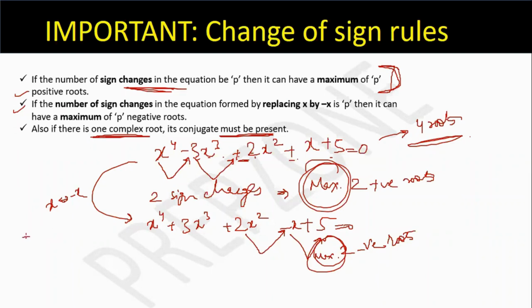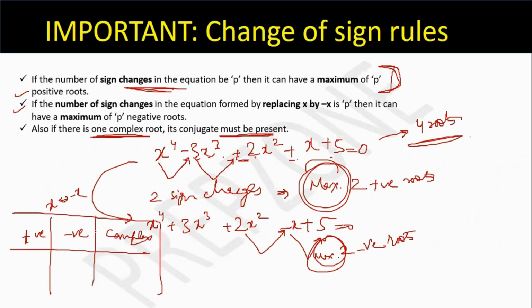So for example अगर यही एक question होता, इसके roots को मुझे analyze करना रहता कि इसके कितने positive roots हैं, कितने negative roots हैं और कितने complex roots हैं, तो मेरी table कुछ ऐसी बनती कि positive मुझे पता है, positive can be maximum 2 and negative can also be maximum 2, and 2 + 2 = 4, मुझे पता है maximum 4 ही roots हैं। तो अगर 4 ही roots हैं तब तो complex 0 हो गया, which means अगर complex root 0 है तो 4 roots करने हैं, ऐसा नहीं हो सकता कि 3 positive है या 1 negative है या 4 positive है या 0 negative।